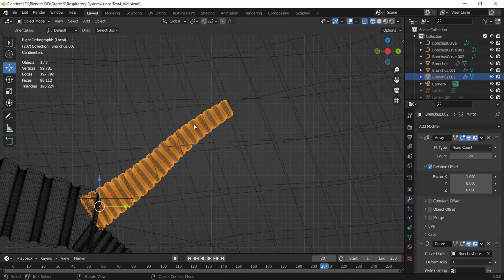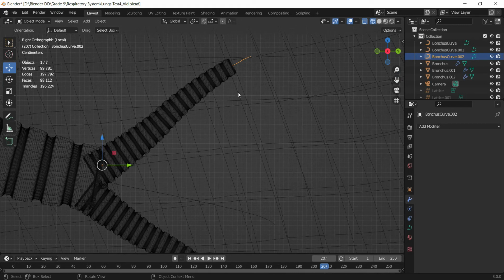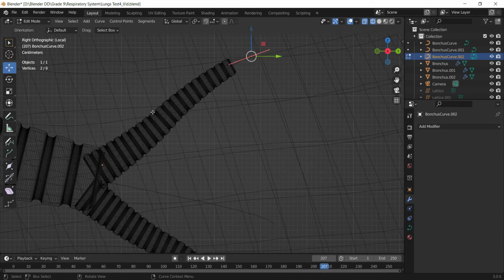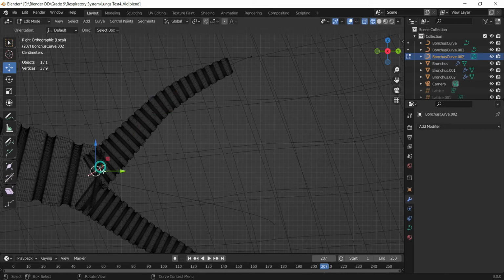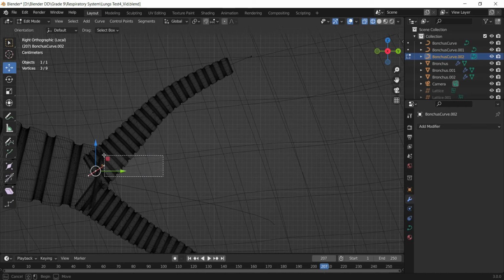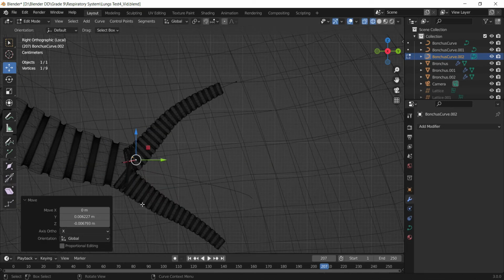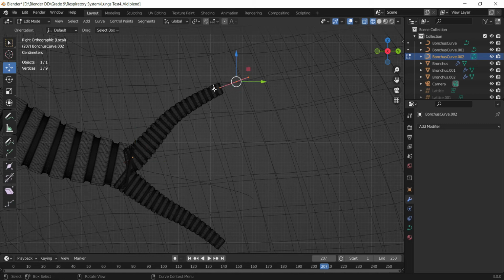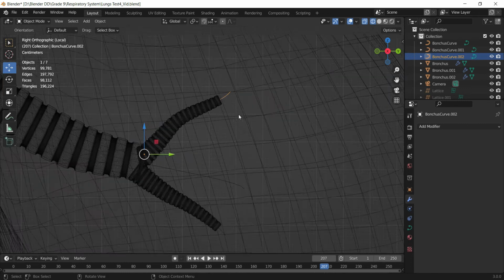So it's better to keep it a bit out from the mesh so that we can easily select it, and then we can move the control point to change its shape. Like this. Like this.